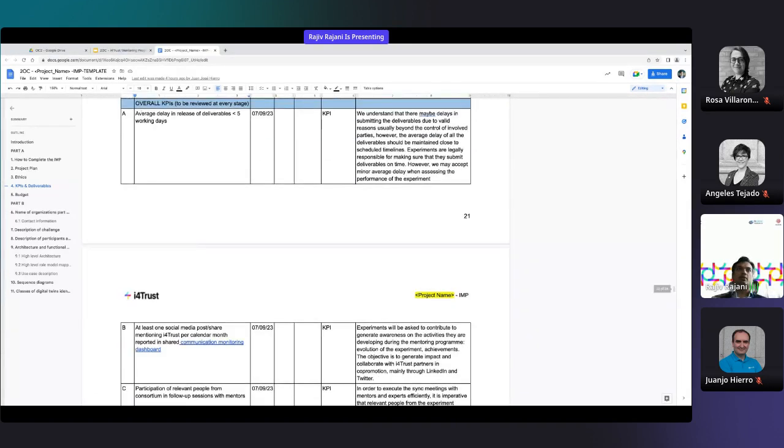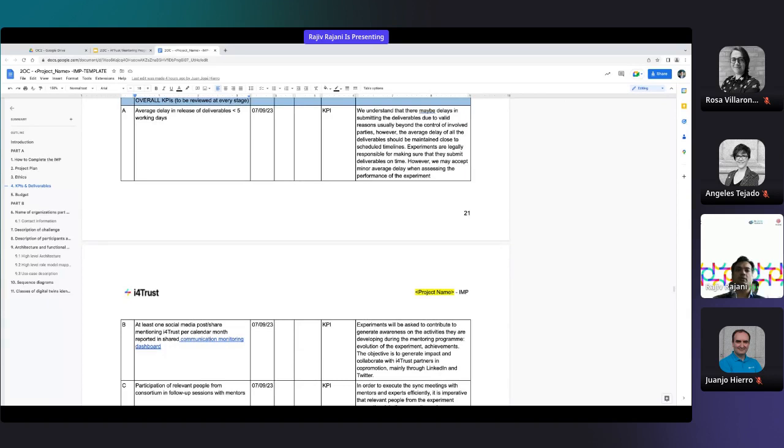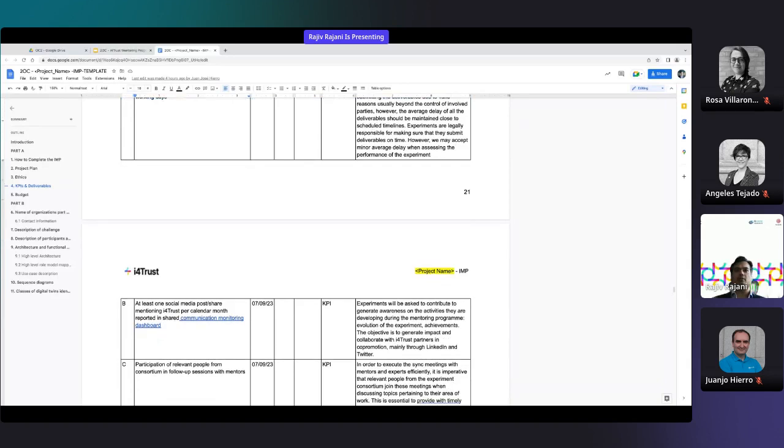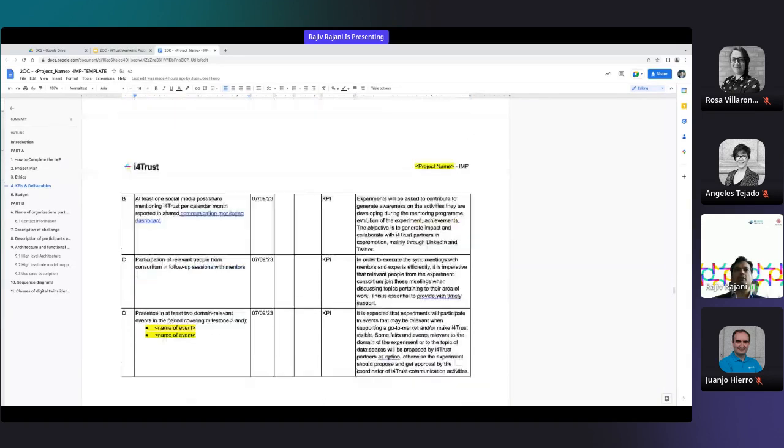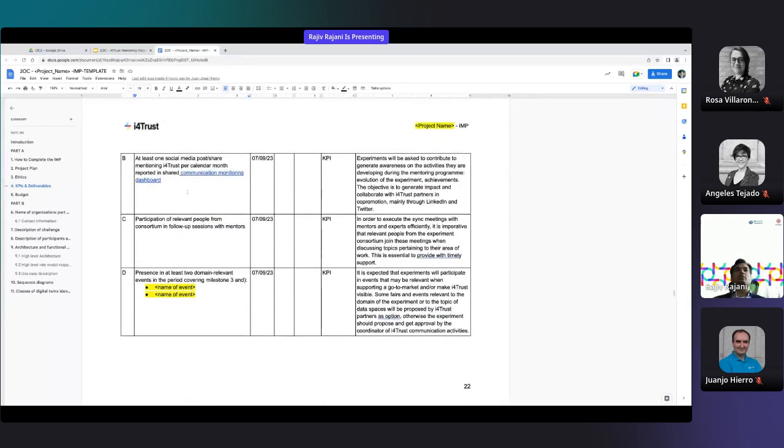Then there is also a section where we list overall KPIs. These are the KPIs which we don't necessarily associate to particular milestones, but we expect you to meet throughout the mentoring program. For example, this is about the delay in deliverables: average delay should not be greater than 5 working days of your deliveries, and similar items mentioned here.